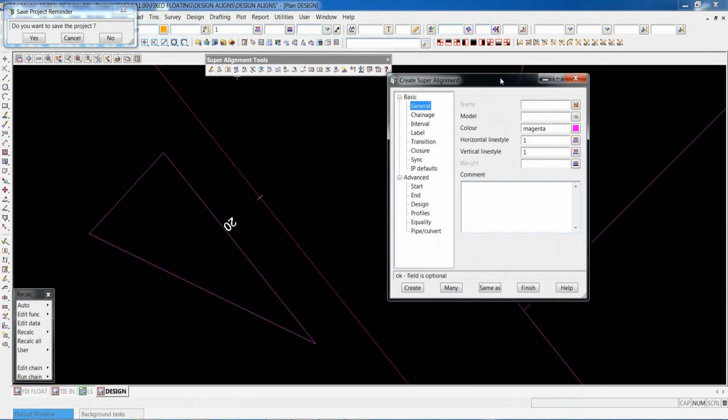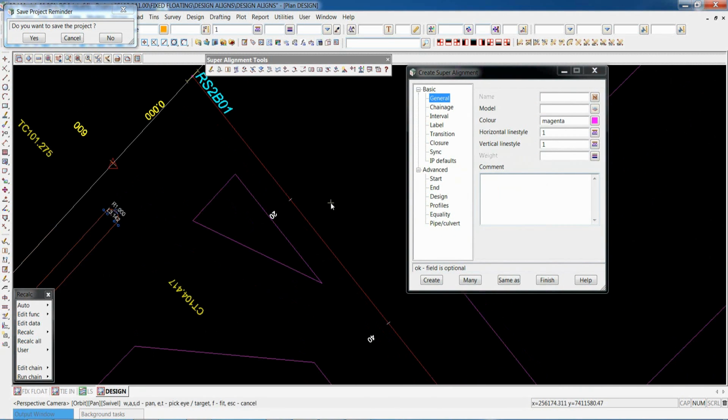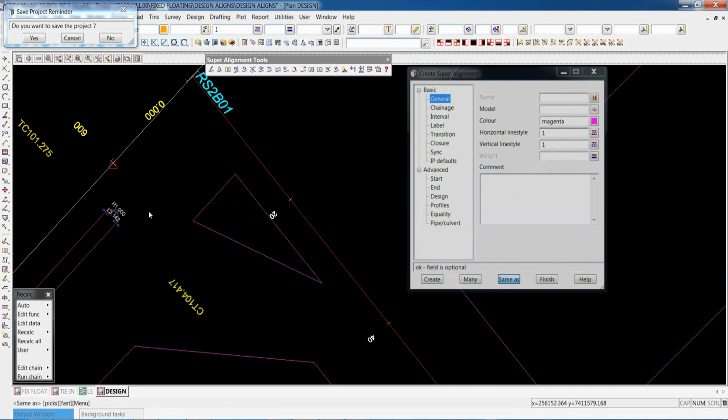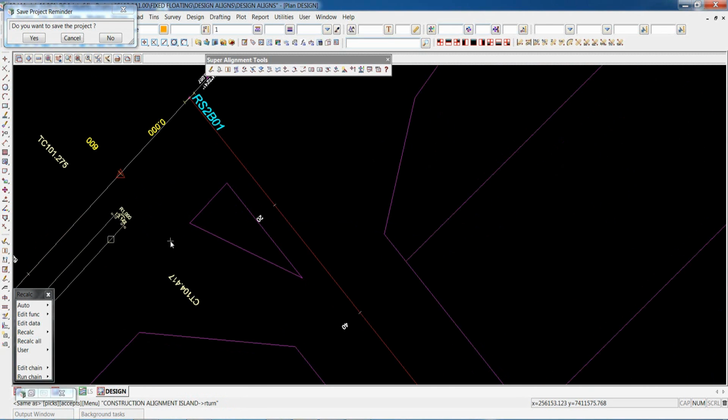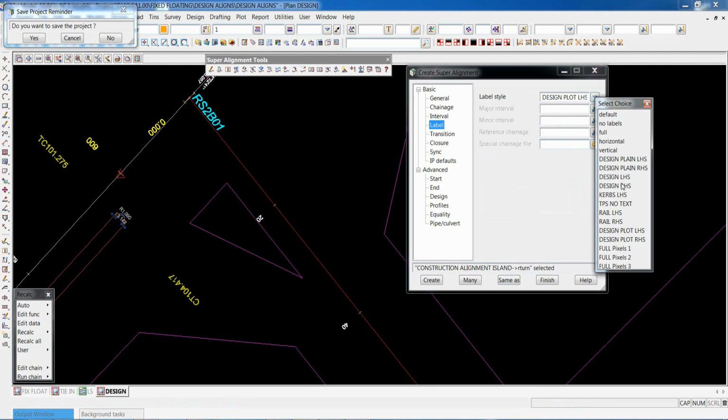So if we finally look at another simple type of geometry, and as you look at this geometry, try and think of how long it would take to do normally in a by IP method or even the CAD process, and any changes that may have happened. Let's go into label, create.